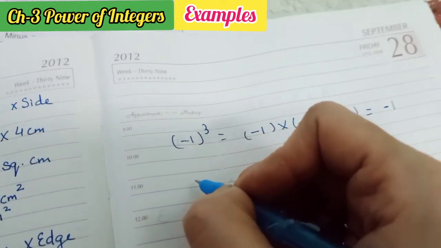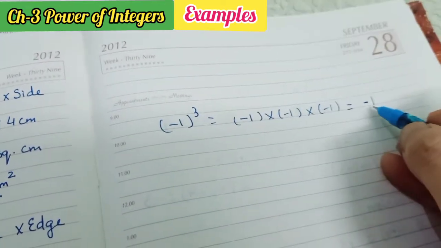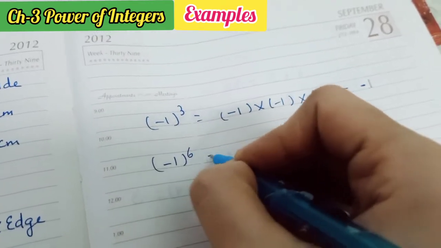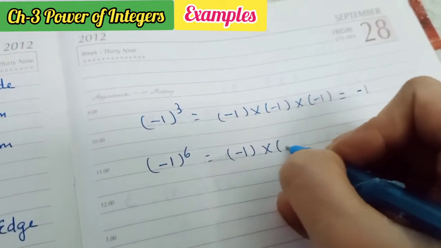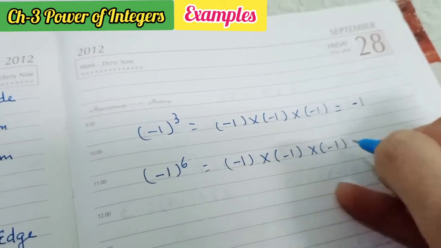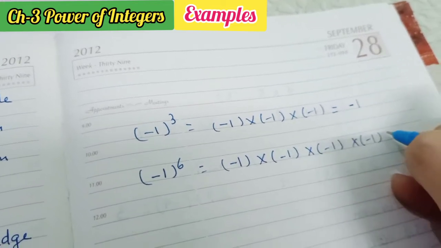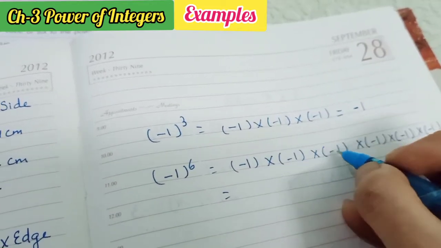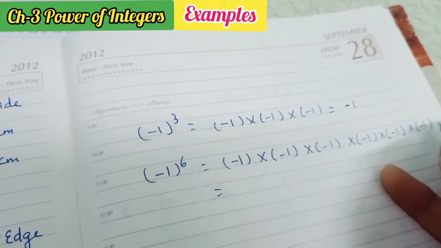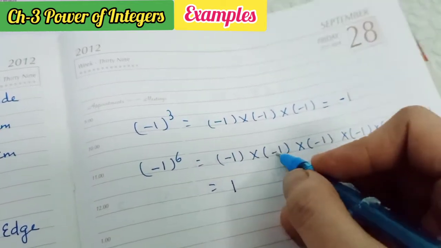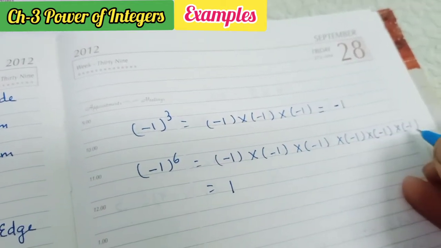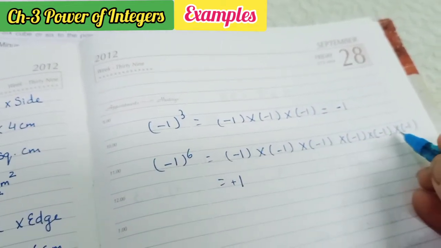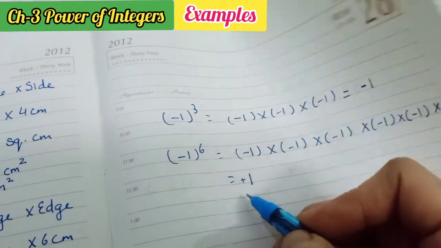sign. So when the power is odd, we get the answer in negative sign, and when the power is even, we multiply it 6 times. So 1 multiply 1 multiply 1 multiply 1 multiply 1 multiply 1 is 1, and 1, 2, 3, 4, 5, 6. 6 negative signs means we get the answer in positive. When the power is an even number, we get the answer in positive. So